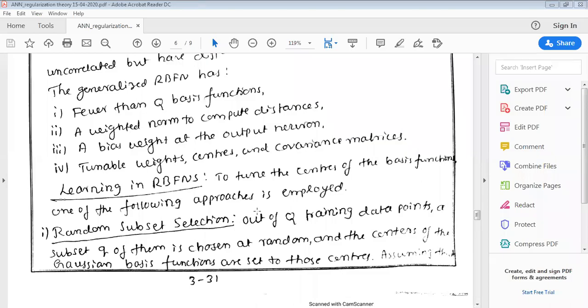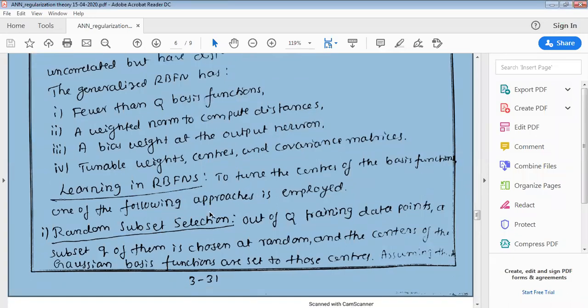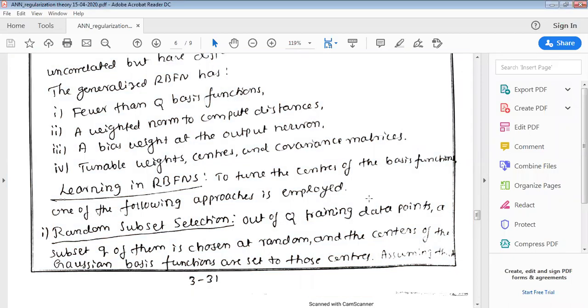Okay, we'll start with learning in RBFNs. To tune the center of the basis functions, a variety of methods are followed. In the previous class, what we knew was that there were Q functions for the iterations for which you are training. But in RBFN, when you use the regularization method, you are using a certain matrix which is less than Q,